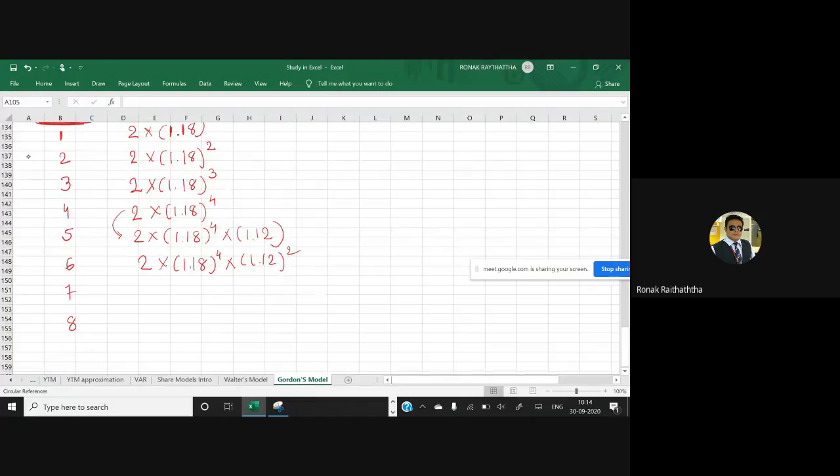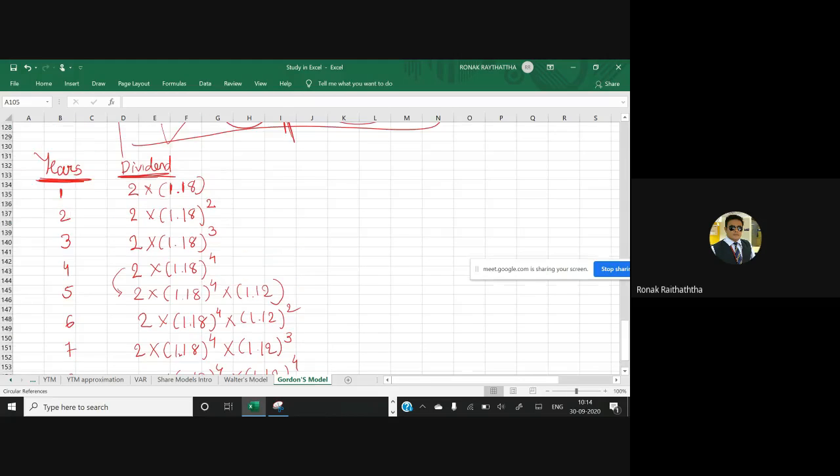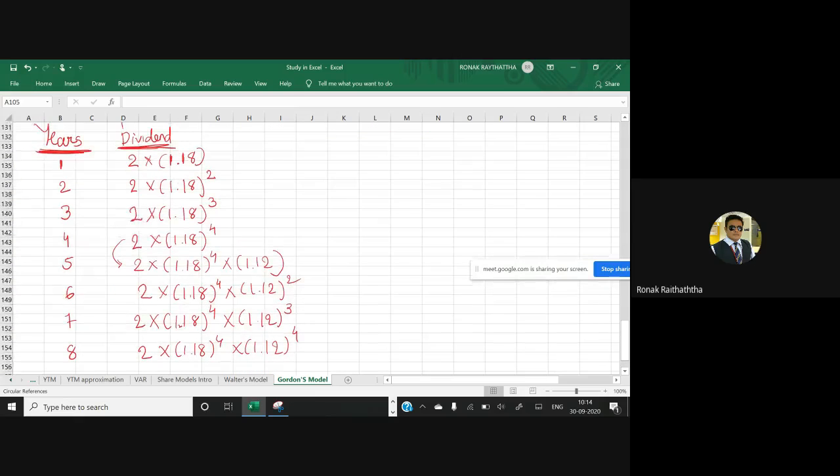7th year का डिविडेंड would be 2 multiplied by 1.18 raised to 4 multiplied by 1.12 raised to 3. And 8th year's dividend would be 2 multiplied by 1.18 raised to 4 multiplied by 1.12 raised to 4. ये सभी का आप फाइंड करोगे तो आपको डिविडेंड मिलेगा उस साल का। अच्छा, आपको अगर ऐसा नहीं करना था